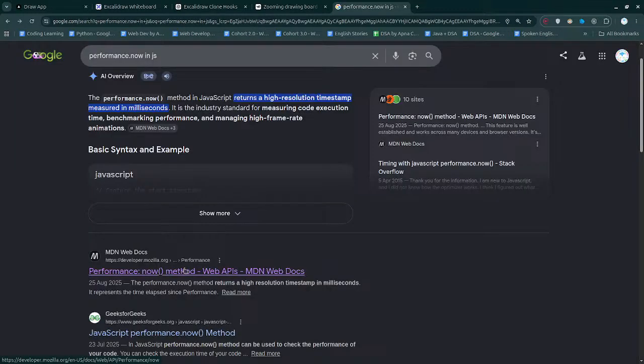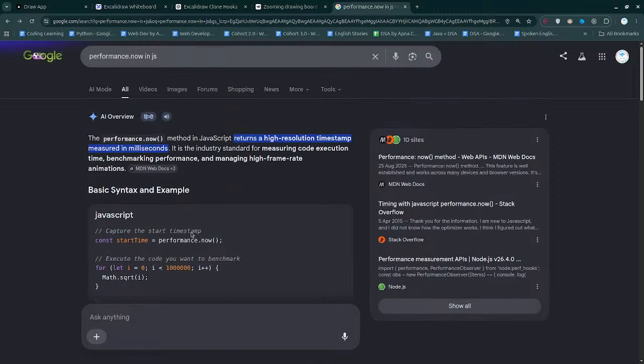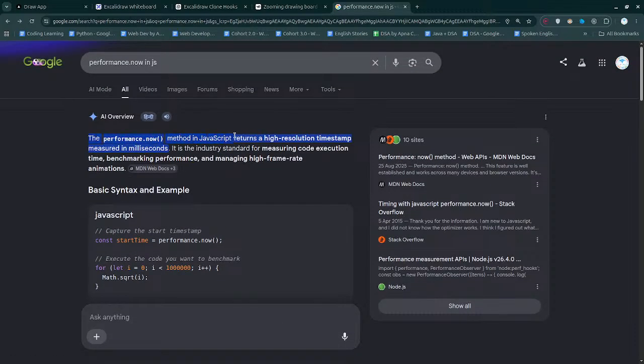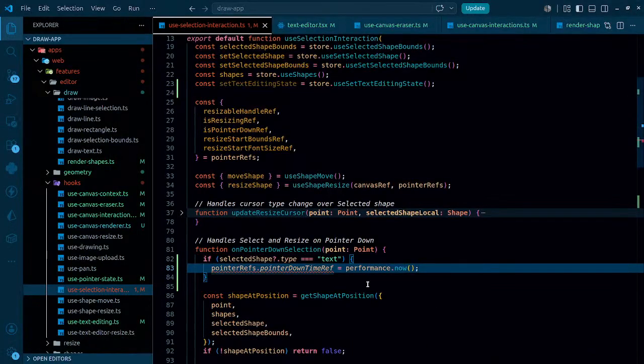As simple as that. So performance.now is a method in JavaScript that returns a high resolution timestamp measured in milliseconds. It is the industry standard for measuring code execution time, benchmarking performance, and managing high frame rate animations. The type is usually the performance itself, so